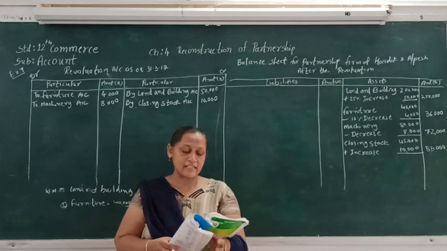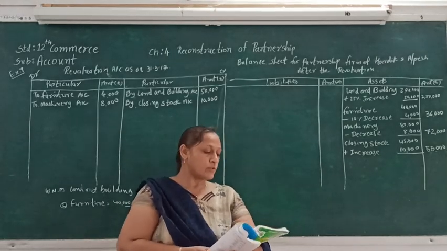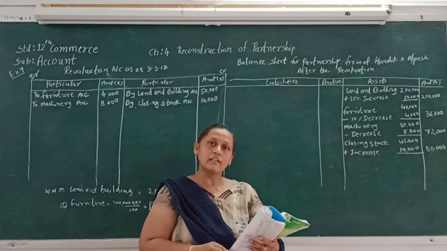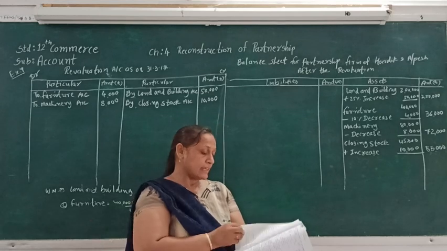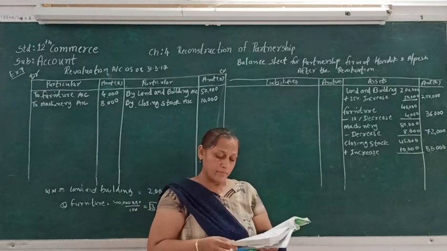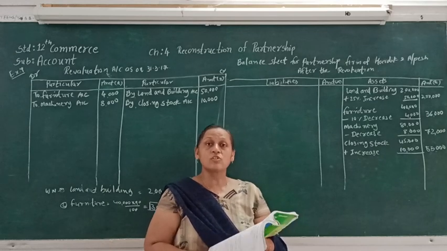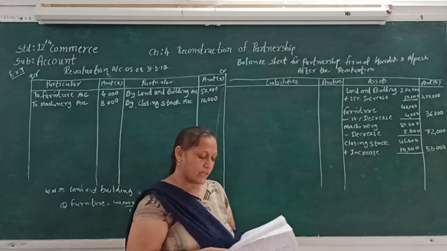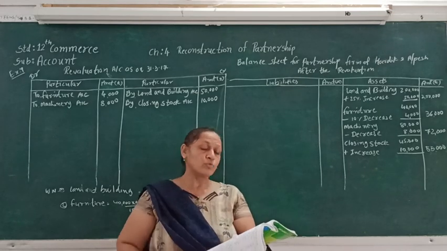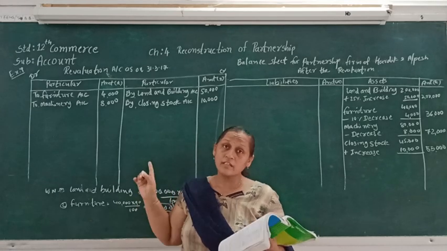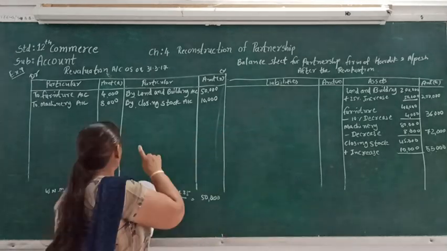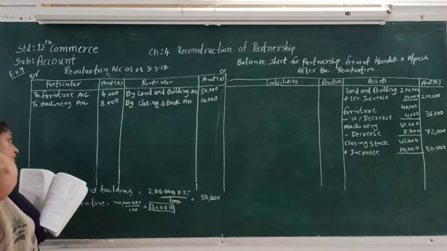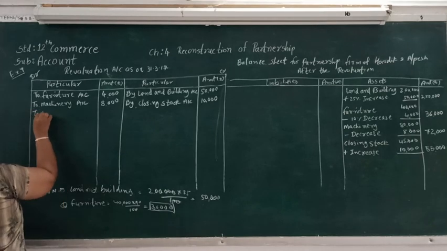Okay. Our next adjustment is to keep a total bad debt reserve of 3,600 on the debtors. Here we can see that only 1,500 bad debt reserve has been kept. So now we have to increase it up to 3,600. So here we have to increase by 2,100. So 2,100 we have to debit to the revaluation account, and in total we have to keep on the debtors.